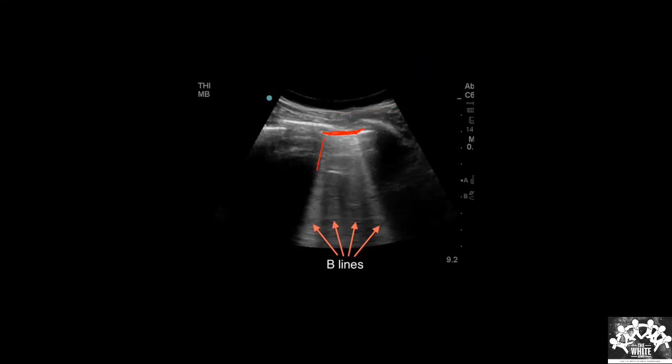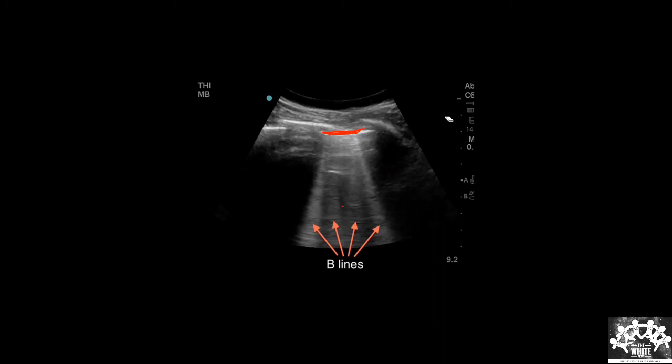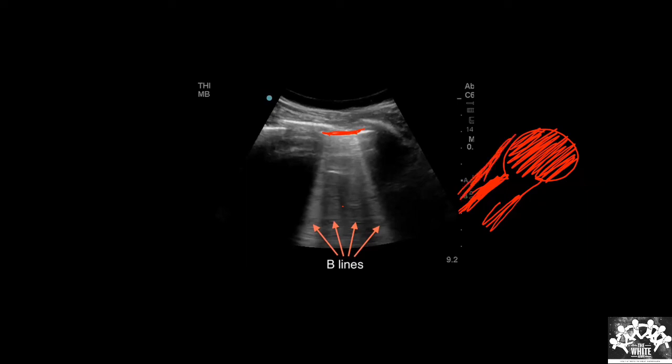Now these are something called B lines, which we'll see in interstitial edema. Normally one or two such lines can be seen. More than three lines in one intercostal space suggests interstitial edema. It is also a reverberation artifact, which happens because air will be present in the terminal bronchus, but the alveoli will be filled with fluid, and